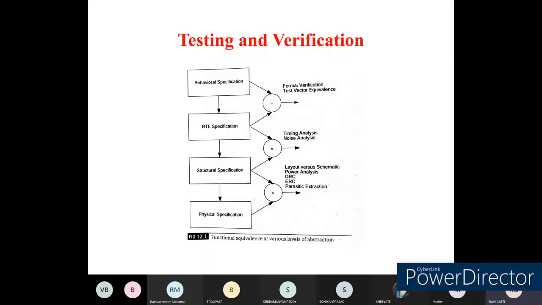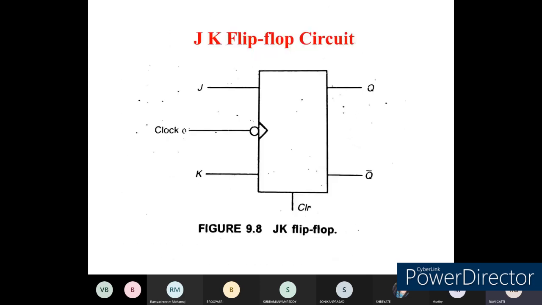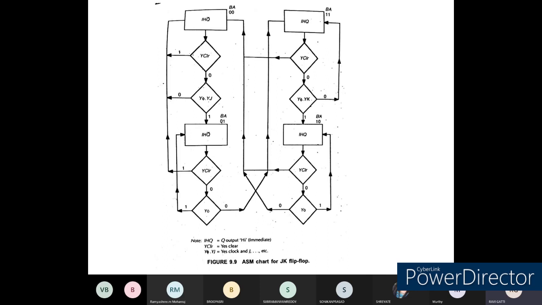We already started the testing and verification of module number 5, and we have already undergone some of the timing and synchronization circuitry that we are going to use for the implementation of sequential circuits. And we studied in the previous classes one of the fundamental sequential circuit implementations, that is the JK flip-flop. We have studied the design methodologies we are going to use, and